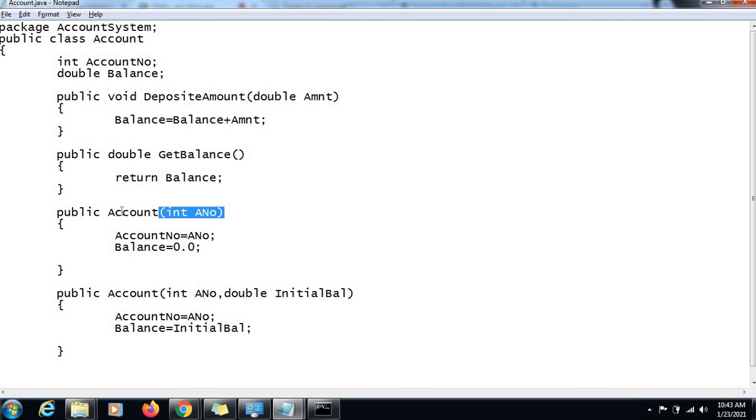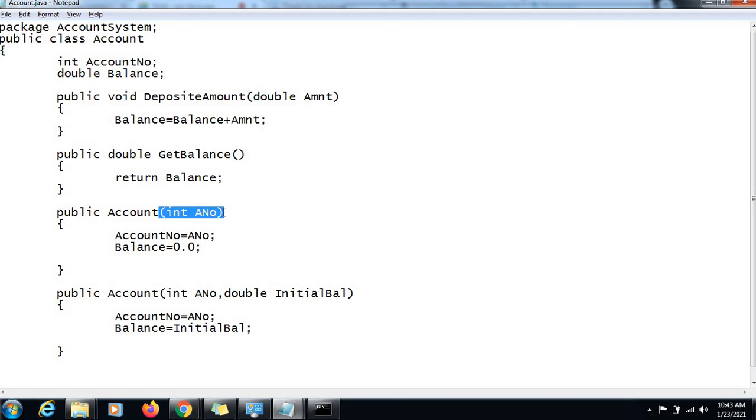So here we have this method with this definition. Now if you have a look at this version, the name is same here. What is the difference? The difference lies in this section, that is the parameter section.